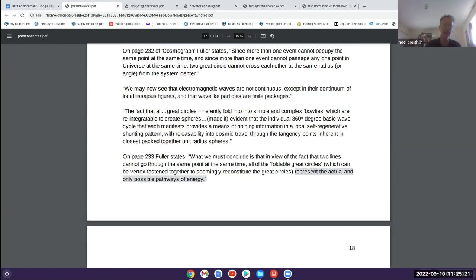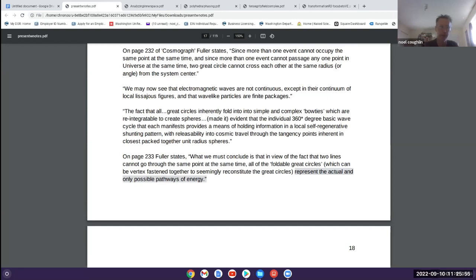We may now see that the electromagnetic waves are not continuous, except in their continuum of local Lissajous figures, and that wave-like particles are finite packages. The fact that all great circles inherently fold into the simple and complex bow ties, which are reintegratable to create spheres, made it evident that the individual 360-degree basic wave cycle that each manifests provides a means of holding information in a local self-regenerative shunting pattern, with releasability into cosmic travel through the tangency points inherent in closest packed together